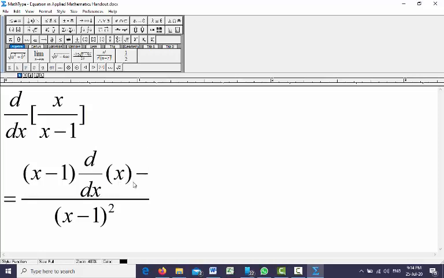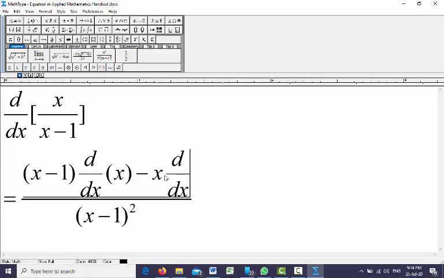So now similarly, like the multiplication rule, each one of these is in front of d by dx. Now this one will move back to d by dx. So that means this one is in front of d by dx, and now this one will go back. This one will now move back to d by dx, and in front of d by dx, we will have x minus 1.